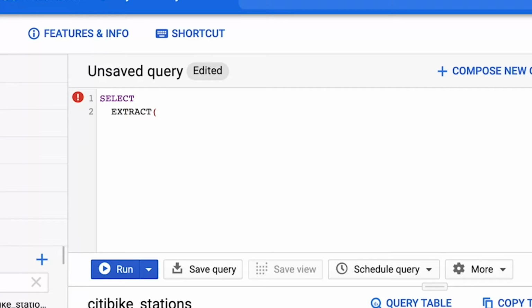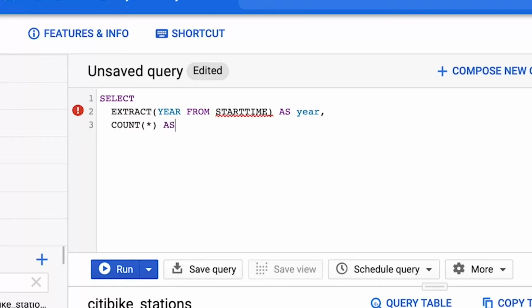To do this, we'll add an open parentheses followed by year, which lets the server know the part of the date we need. Then we'll add the from command and start time, so we can get the year from all of the start times in that column. We'll close the parentheses and then use as and the word year to name the column we're creating. On the next line of the query, we'll use the aggregate function count followed by an asterisk in parentheses. This will count the bike rides in the start time column. Using the asterisk makes sure that all the start times are counted in the data.